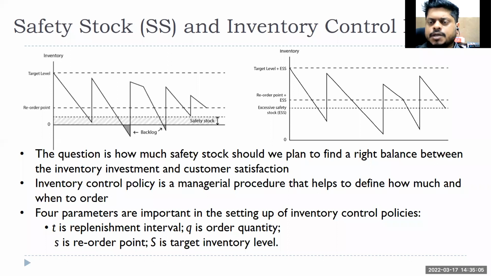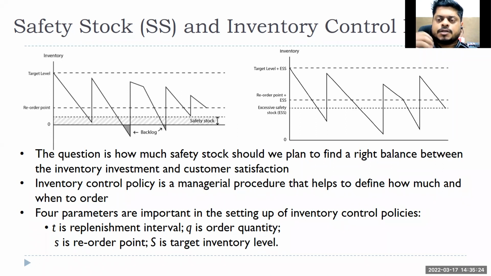What safety stock is: it is the backup, right? In case some uncertainty happens, in case there is a change in lead time. Uncertainty can happen both in terms of lead time and in terms of demand, right? If there is a decrease or increase in demand, most probably we are looking for an increase in demand,